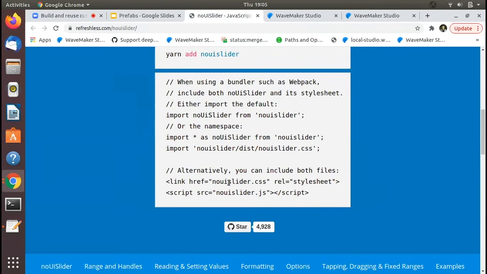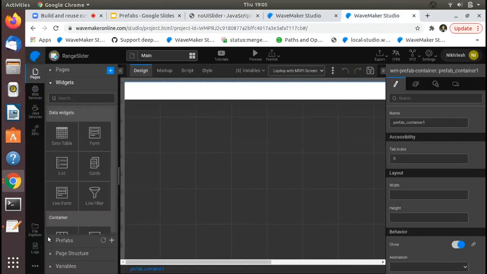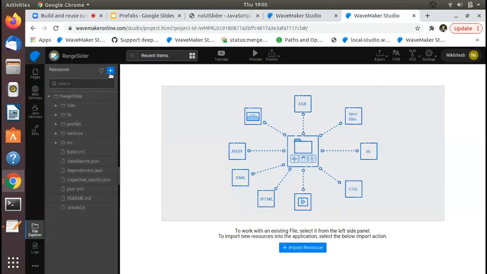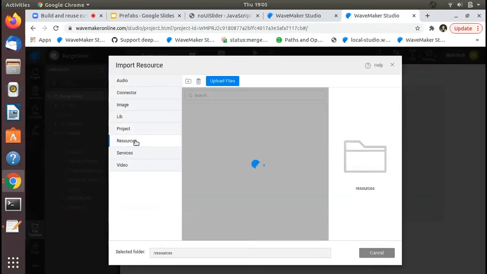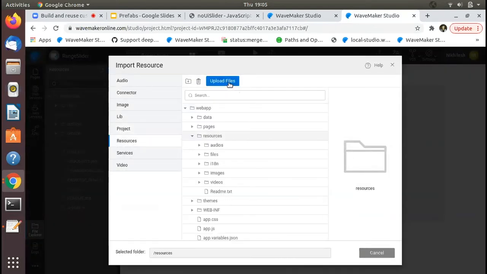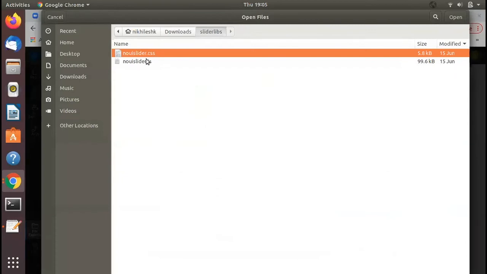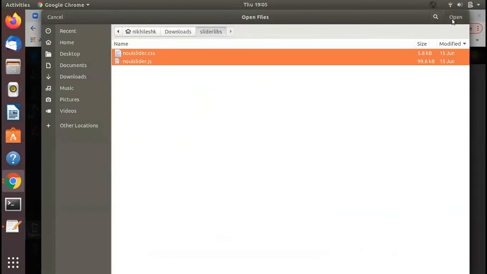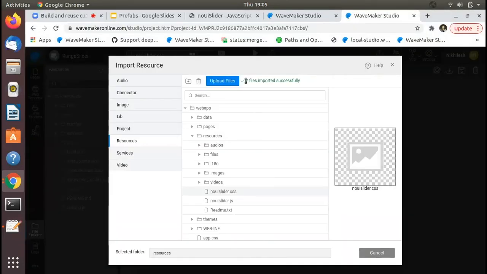So we see that our NoUI slider library needs a CSS file and a JS file. So let's import these into our application. So we'll go to File Explorer, we'll say plus here, go to resources, and I already have them downloaded on my machine. So I'll just select them and say open. And we see that they have been imported successfully.